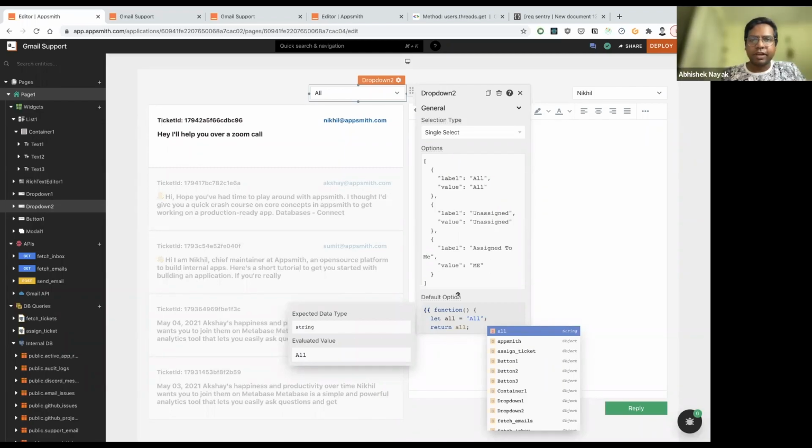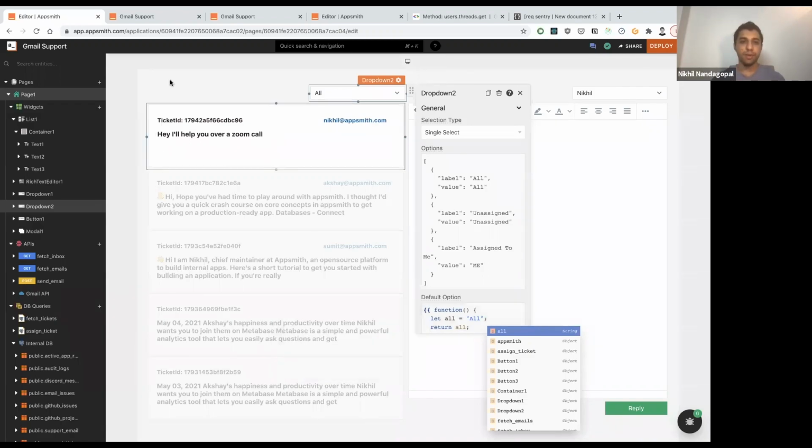Then there is a specific question about the Gmail API. This is by Vishal. Can we automate any action on email fetched, like marking priority or forwarding it to a specific user on the basis of some rules? Okay. In terms of automation, not really so much. We don't really do background jobs in AppSmith, but we can create custom rules at the click of a button. So, for example, you could